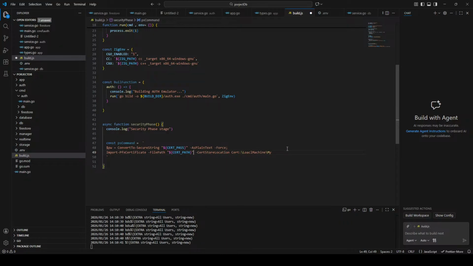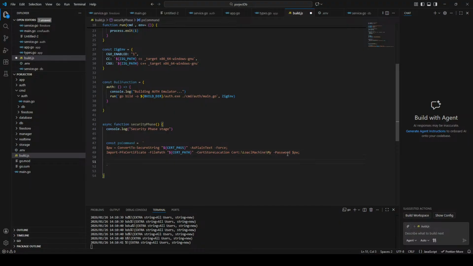This should close here. And you're gonna do dash password. It's gonna be a dollar PW, and then